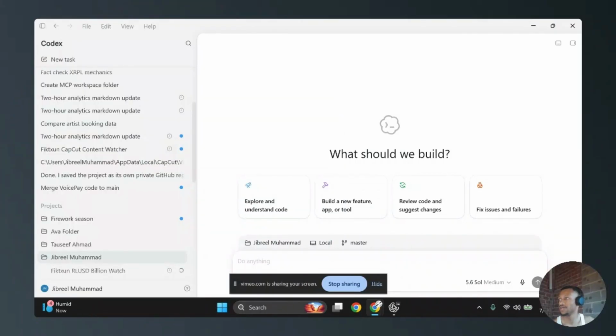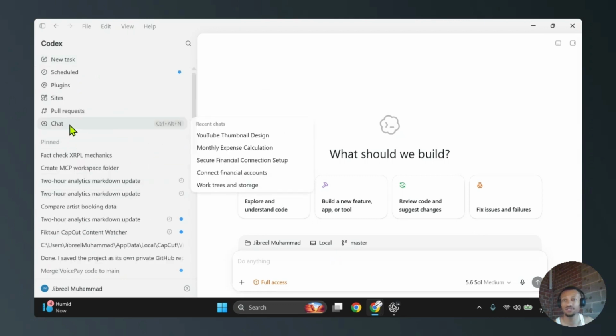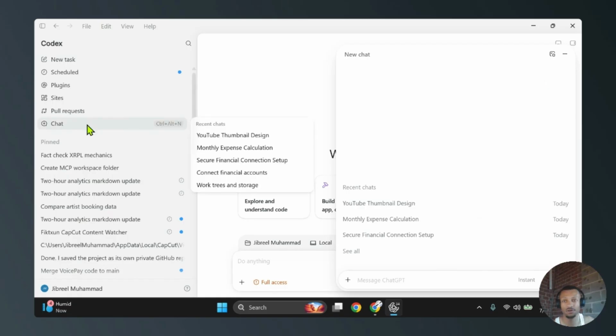Perfect. We got Codex showing here. All right, bro, so let's get to vibe coding. I'm going to run over Codex for you real quick. This is Codex here. It's a great application. For your regular chats in ChatGPT, that button has been moved since Codex and ChatGPT have now been merged. So if you did have a regular account to just talk to ChatGPT,